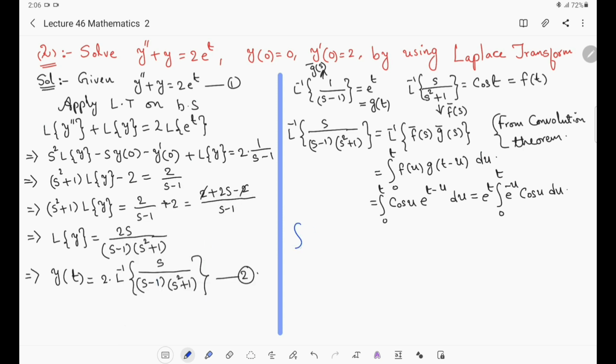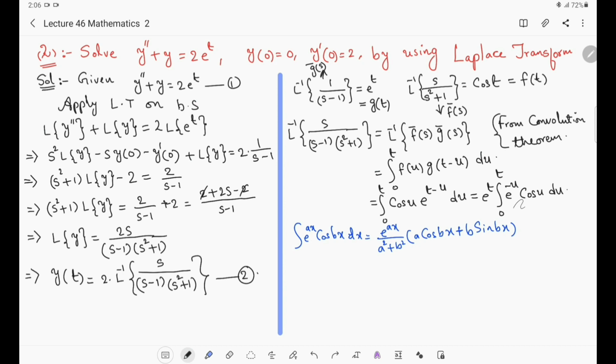It is integral e power ax cos bx dx equal to e power ax by a square plus b square, into a cos bx plus b sin bx. This is the formula. Now apply this same formula